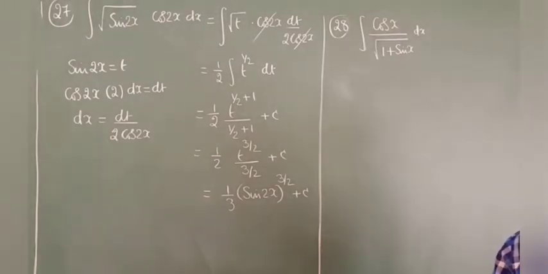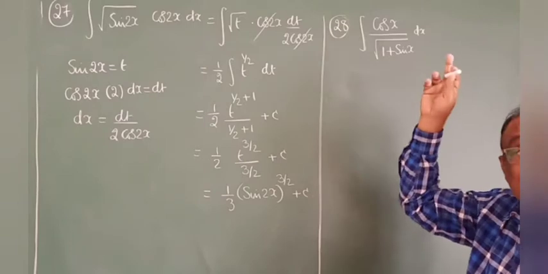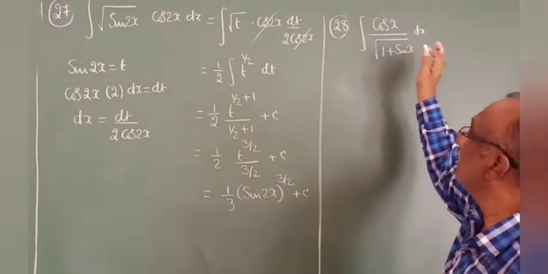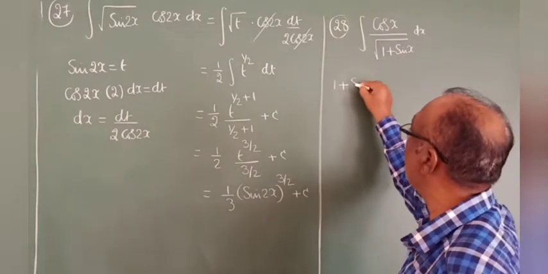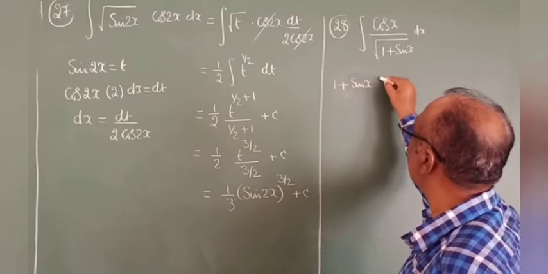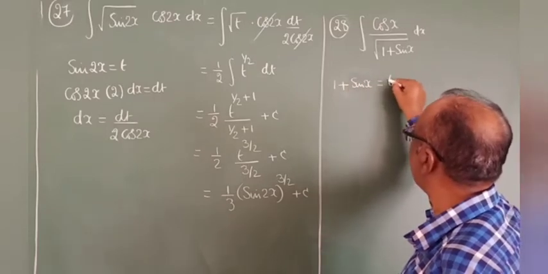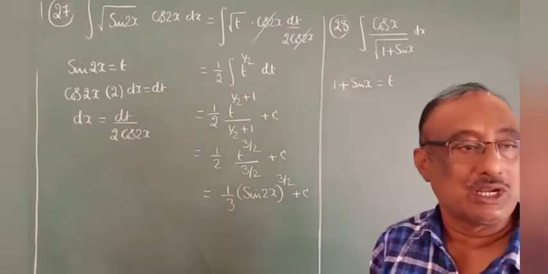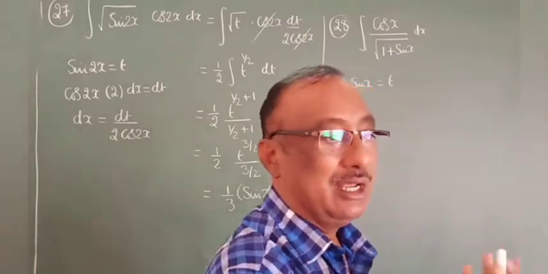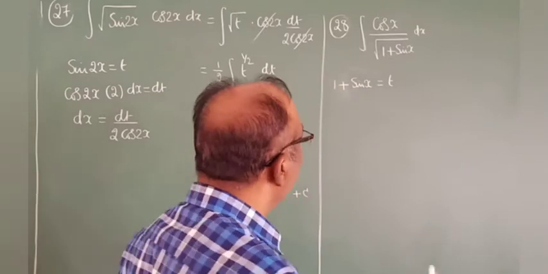So sin x is added with 1, and also it is under the root, so it is depending upon the root value. So directly we cannot say it is a dependent of the root function. It is a composite function under the root. That's why that function let it be t, including the constant. Sin x equals t, or t square also we can take, no objection. T square means it is easy, the root will be cancelled. Okay, let it be t.